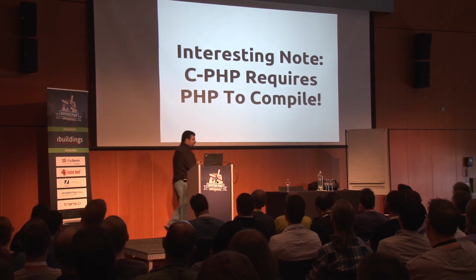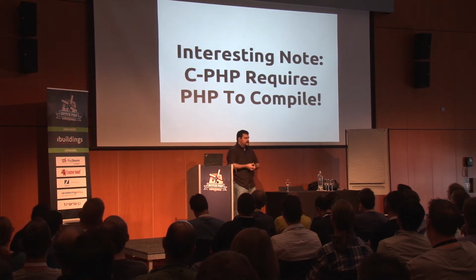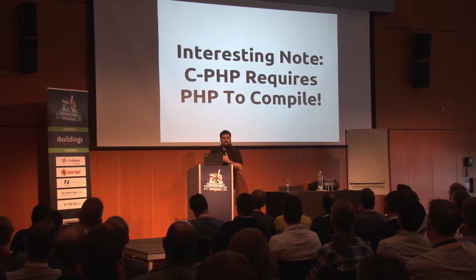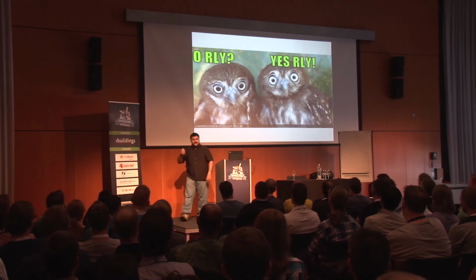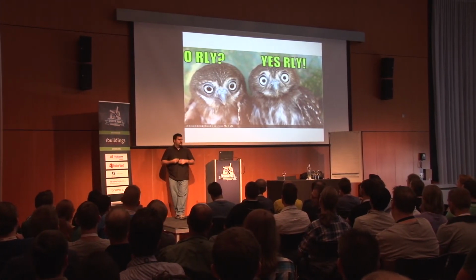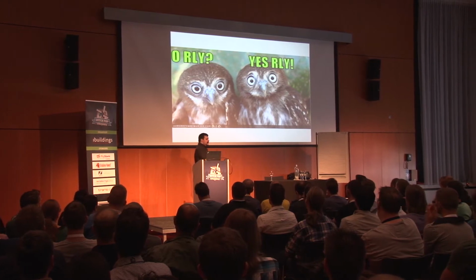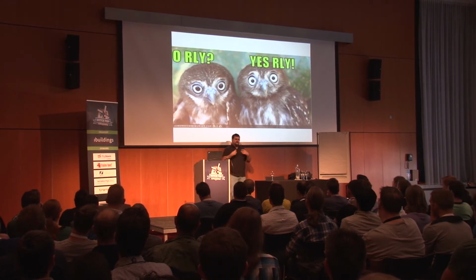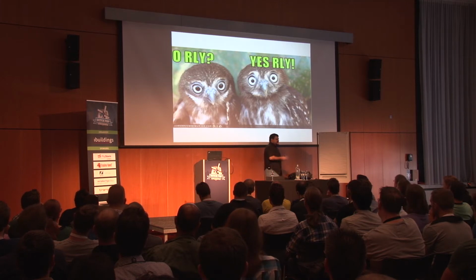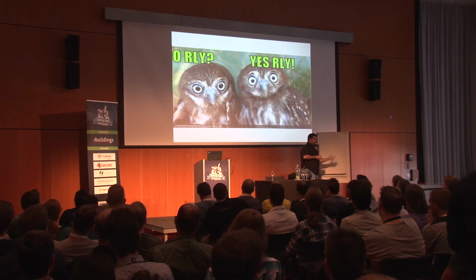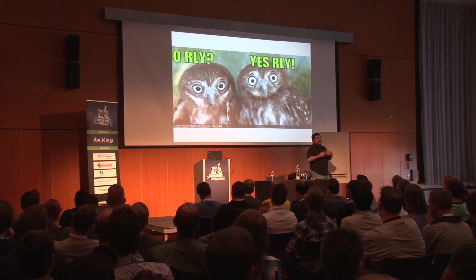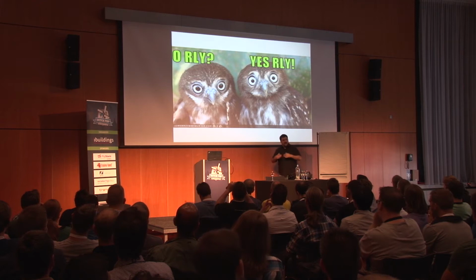One interesting note here is the quote-unquote reference implementation of PHP actually has this weird recursive property. You need PHP in order to compile and build PHP. A neat little tidbit, but we'll come back and show why. But I just said PHP is compiled. Yes, it is compiled. Despite what you hear, PHP is not an interpreted language. There actually is a separate compiler which compiles out opcodes that run on top of PHP's virtual machine. In practice, there really is a little bit of a difference between interpreted and compiled, but we're going to look through here and see how this actually impacts both PHP's engine and how we interact with it.